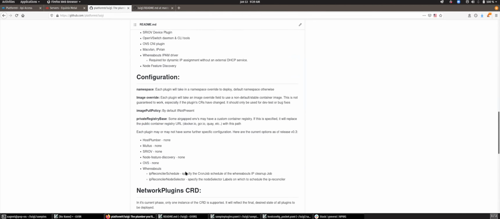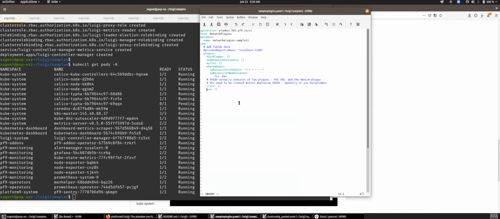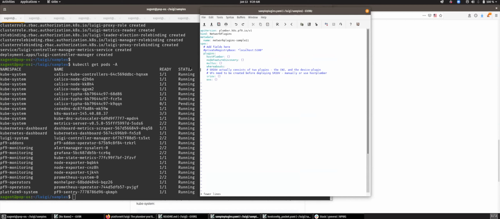So let's see what I want to deploy. I have a sample plugins file here. And just to make things simpler, so as not to confuse you guys, I would just leave all these blank, unless you really care about the details of these plugins or know what you're doing. You want Hostnumber because you want to configure your nodes. You want node feature discovery.